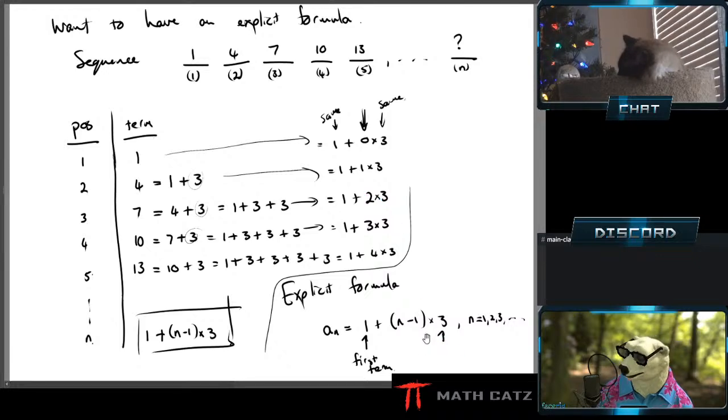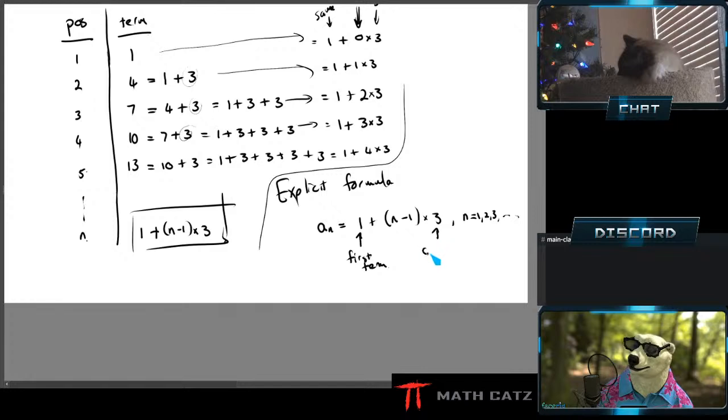So this is the constant difference in my arithmetic sequence. So if I have a general